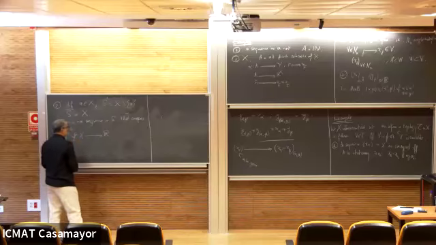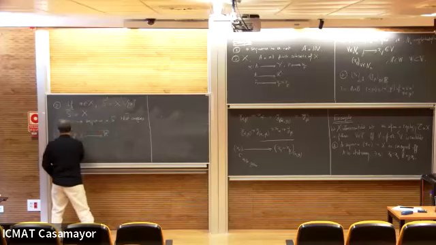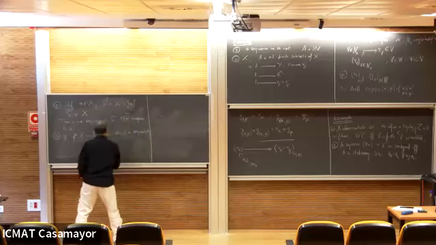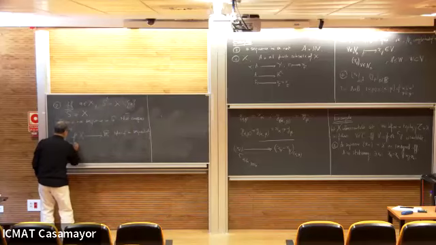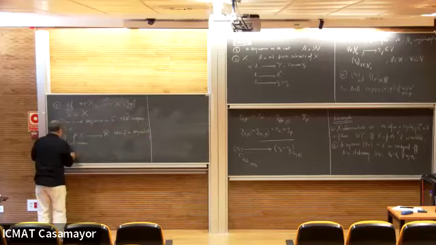However, so I can say that F is sequentially continuous, because we use the first property. But for example, if you take